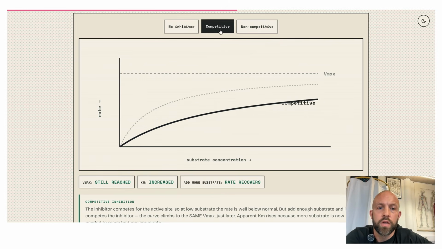Whereas you could think of the competitive one as throwing 2 objects to someone, and this idea that I can outcompete a competitive inhibitor by increasing substrate concentration. If this line extended, it would go all the way back up to Vmax. The analogy I use with my seniors is thinking about vodka,